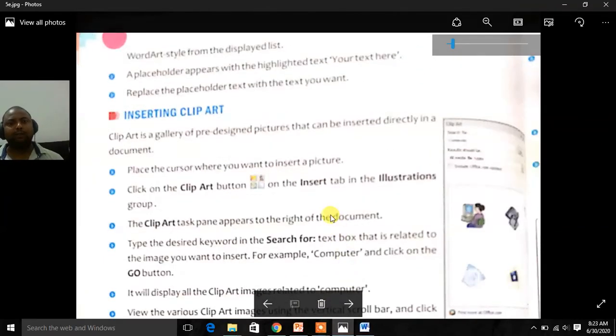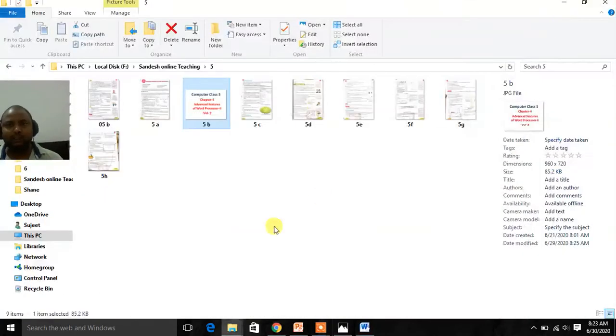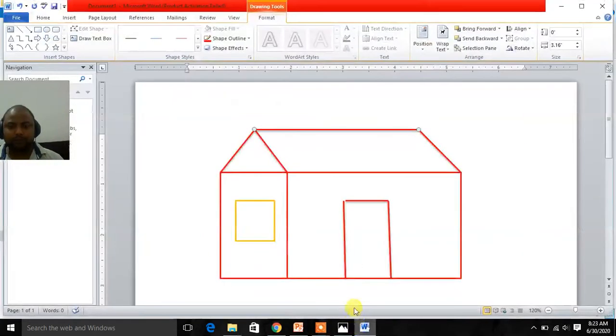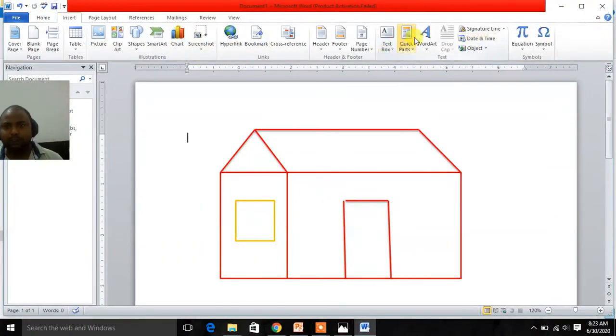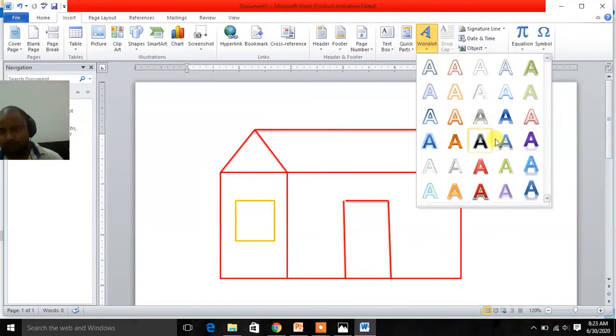Choose a word art style from the displayed list. A placeholder appears with the highlighted text, "Your text here". Replace the placeholder text with the text you want. Let's see. Suppose I want to type here, so click on insert, click on word art, and many options are here.